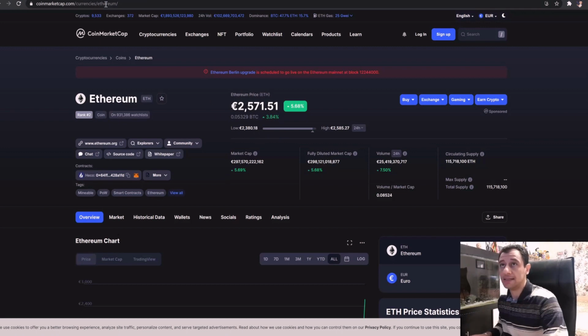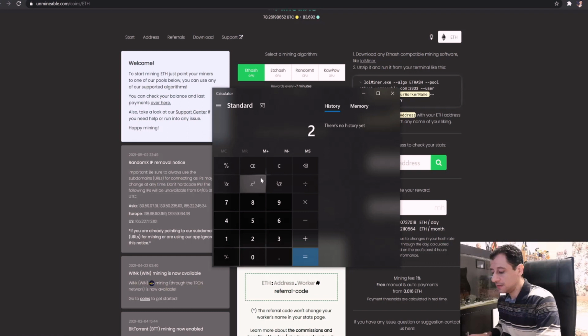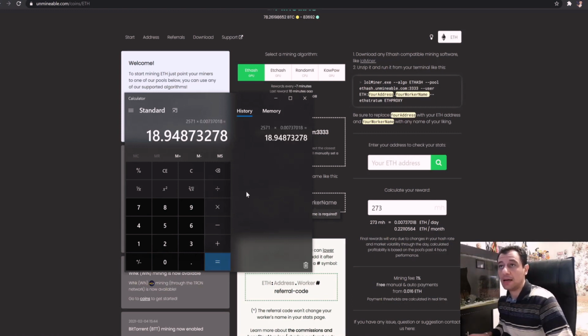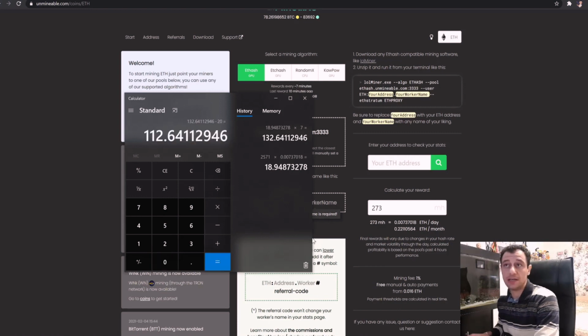If I calculate that, 2,571, and I would be doing that at 0.00737018. Let's put it all in. Okay. I would be making around 18.94 a day. If I do that times 7, that would mean 132.64 euros minus 20 euros for the electricity cost that we calculated earlier, and that would bring me to 112. So in this case, mining Ethereum would have been slightly more profitable,